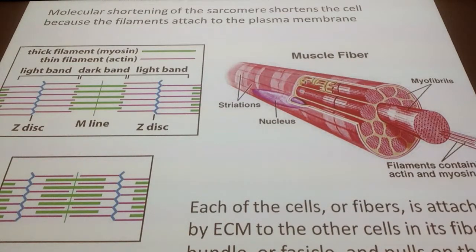Same thing with cell crawling. If the cell extends and then contracts, but if it's not anchored onto the extracellular matrix, guess what? It just does this in place, right? It just does this in place. So the extracellular matrix is very important so that when contraction occurs, there's some pulling activity occurring. Okay? And it is a pulling activity. It never is a pushing. Contraction, so just like